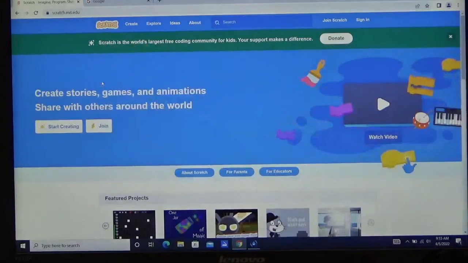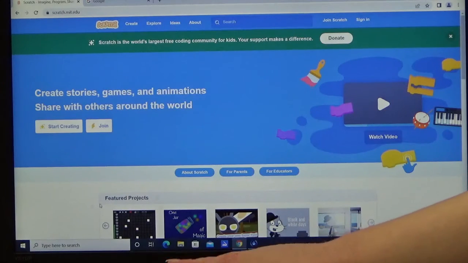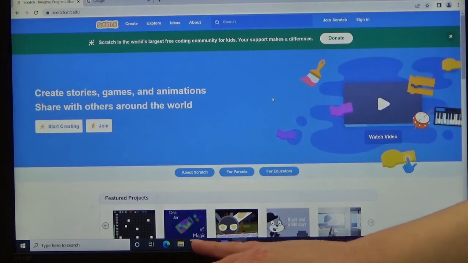And then you can explore, you can create your own projects, explore projects that people have already created and uploaded. You can look at ideas on what to do. And it's also got information for parents and educators. And it also details a little bit about Scratch. But if you click Create,